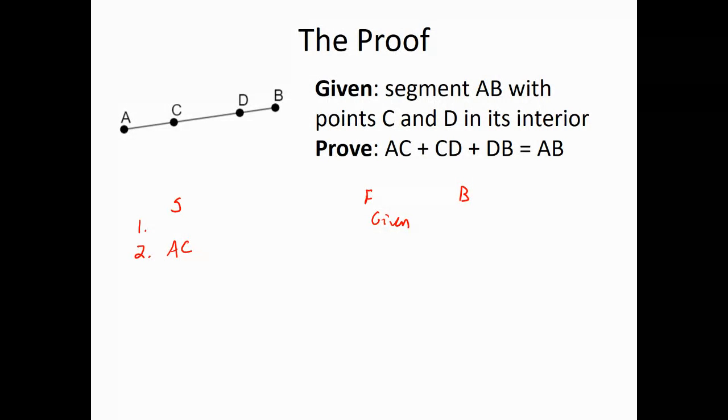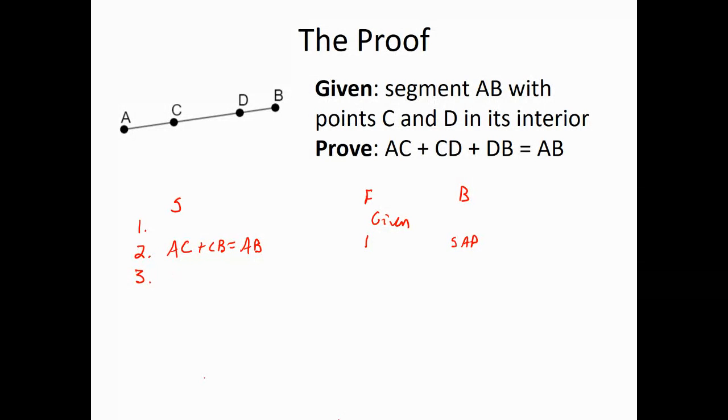So I know that AC plus CB is equal to AB. Now, what is that? That's like we ignored point D, right? And just considered the 2 parts of AB, that is AC and CB. So that follows from line number 1 by the segment addition postulate. And now let's do the same thing to